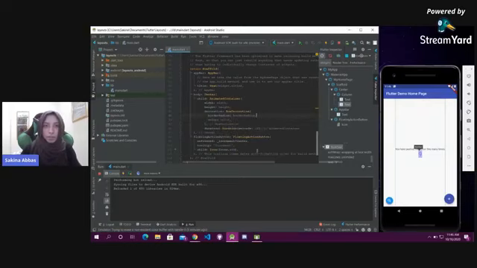Okay, as you can see, I have created an animated container with some of the properties.